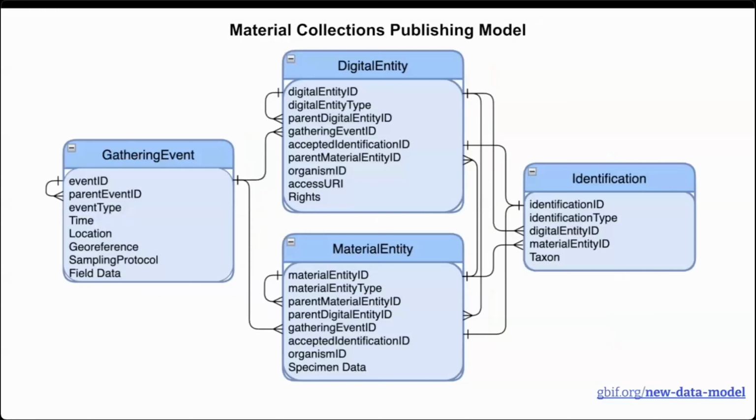Now, here are the relevant concepts regrouped and simplified in a provisional data publishing model for material collections. There are 4 tables and 11 connections. The number of fields, that is the richness, in both the unified and data publishing models would likely be roughly the same. The data publishing model is meant to be as close as possible to a common view of the way the data publishers understand their own data.